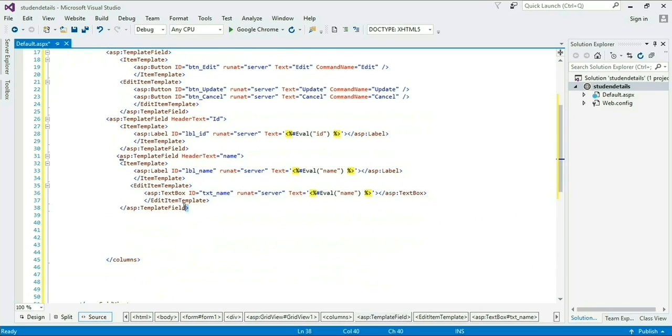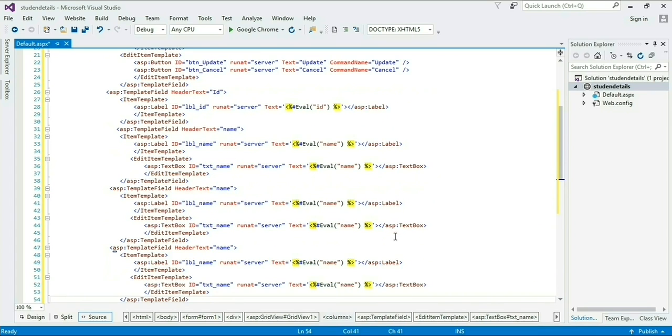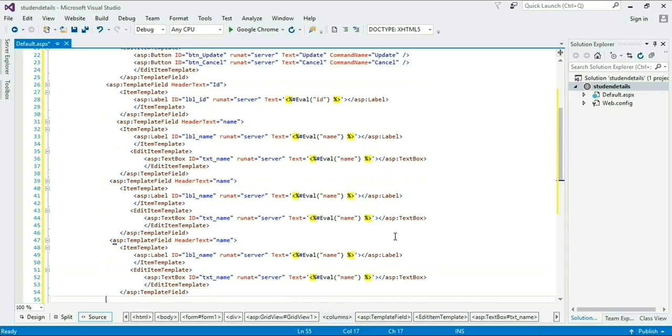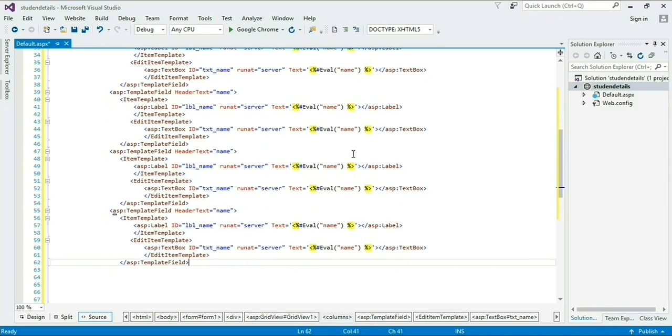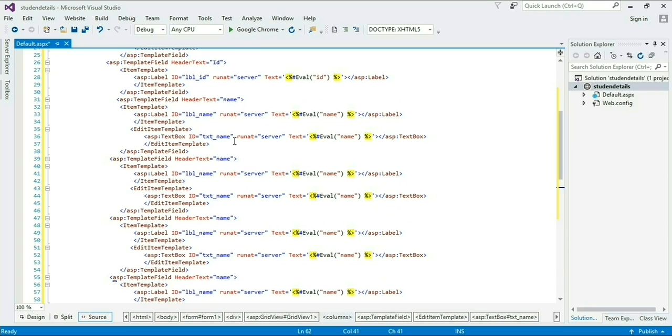Now my next column is email. Giving the label id also lbl_email, and the column name is email.